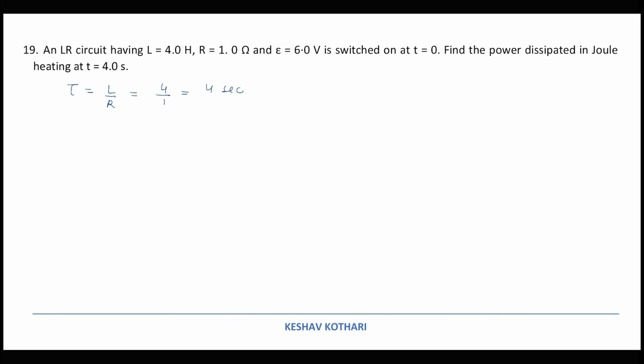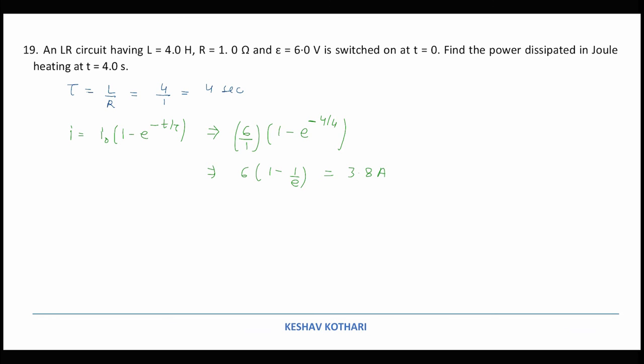Now at t equal to 4 second, we are calculating the value of current. The current equation which we have is written as I is equal to I naught (1 minus e to the power minus t by tau). From this expression I can write that I naught is equal to E by R, so 6 upon (1 minus e to the power minus t by tau). At t equal to 4 second, 4 by 4 will be coming over here, and hence the expression is reduced to 6 (1 minus e to the power minus 1), that is 1 by e. And the value is calculated as 3.8 ampere.